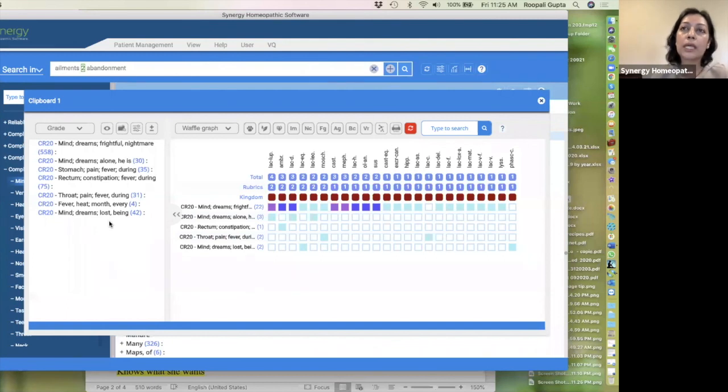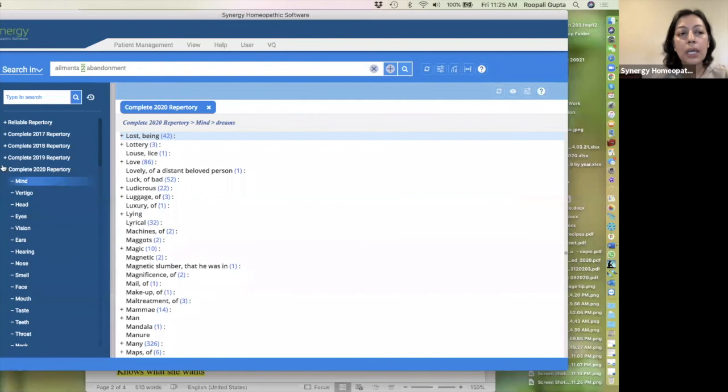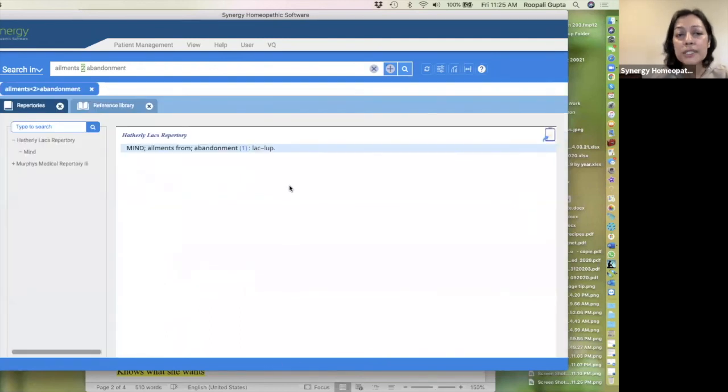But the other way is also, what is this whole case all about? To me, it's really about ailments from abandonment stemming all the way from her sleep training. So if you just put that into the global search, interestingly, the result is a mammal, and I have not filtered over here. You see the red button is not on. So I have not filtered, but the one remedy that comes up for ailments from abandonment is lac lupinum, which